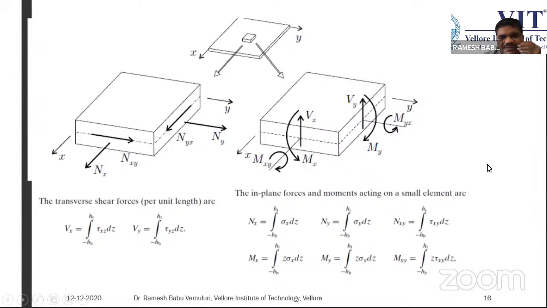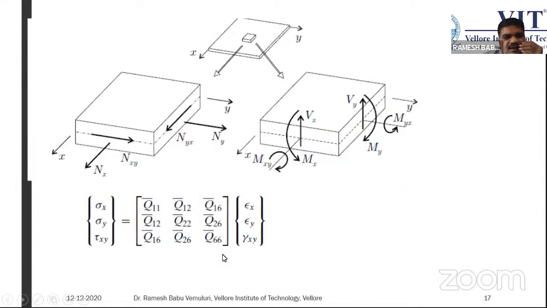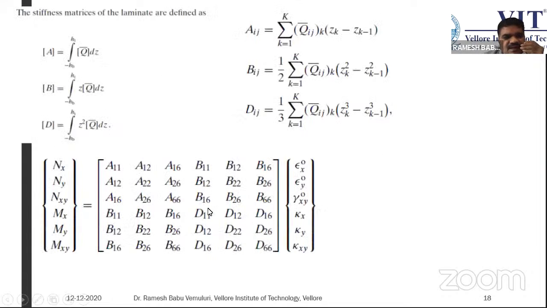Then forces and the moments. And then we got these stress and strain equations in terms of the Q matrix. Then these are the forces and strains in the ABD matrix. So in this ABD matrix, let's say you got a one